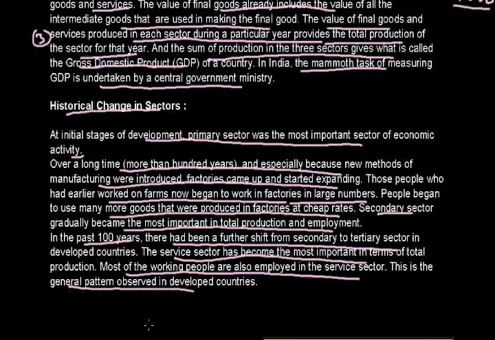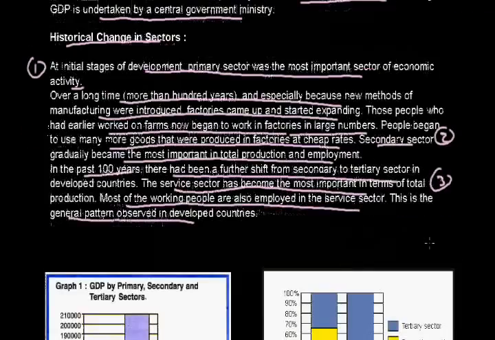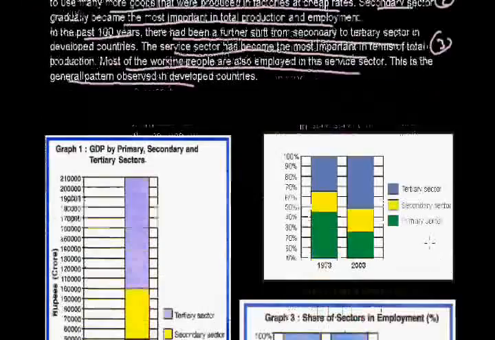So if we again revise the historical change in the sectors, this one was the first point. At the initial time, most of the population was based on the primary sector. The most important economic activity came from the primary sector. Then came the secondary sector, and in the last 100 years, the shift is towards the tertiary sector. If we move towards the next thing,